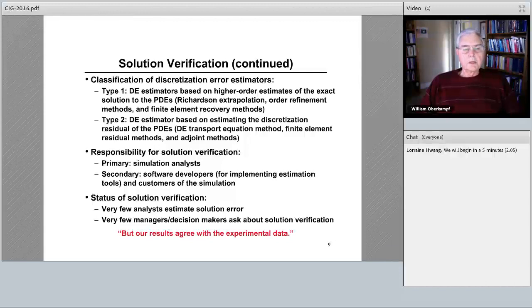Sometimes people will say, well, why should I do, let's say, grid refinement or time step refinement? Because I agree with the experimental data. That's a bogus argument, completely bogus. You have to realize that in simulation, there are many different sources of uncertainty and error that combine, and when you agree with the data, you could just be lucky. Or typically the problem is you have a highly calibrated model. Said in a different way, as you refine a mesh or a time step, you will actually move away from the data, and that shows you there are compensating errors, which is a very common situation.